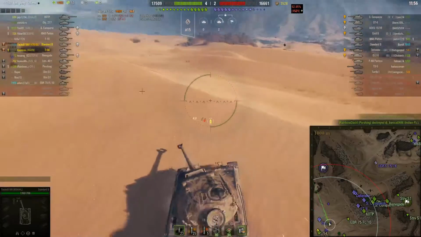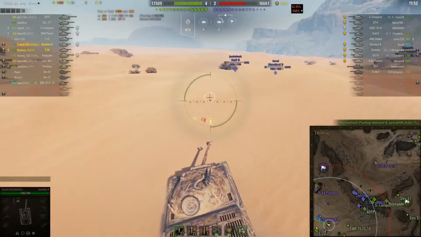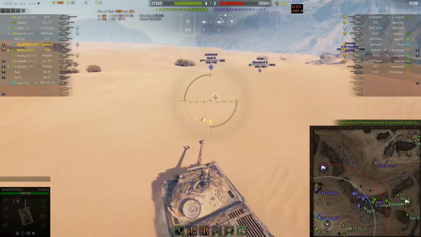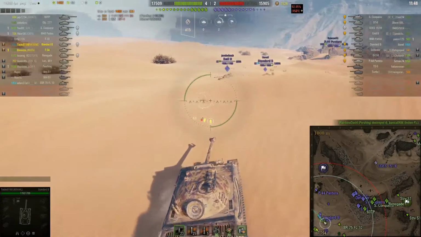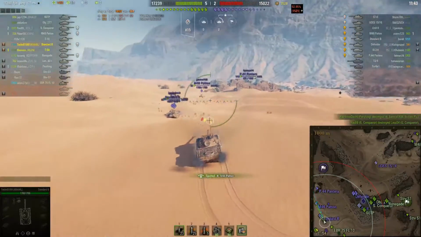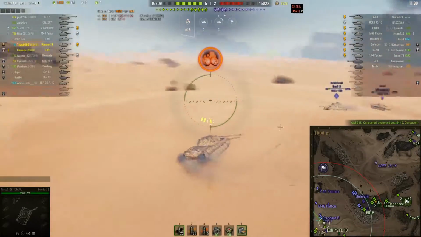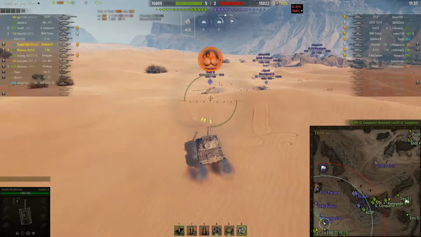He's going to take a quick peek up over the ridge, see what he can see, while his platoon mate and T10 Heavy there moves up a little bit. All right, looking over the ridge, looking for shots. All right, spots the Patton. The M46 Patton is a pretty good tank here. He's actually auto aims at